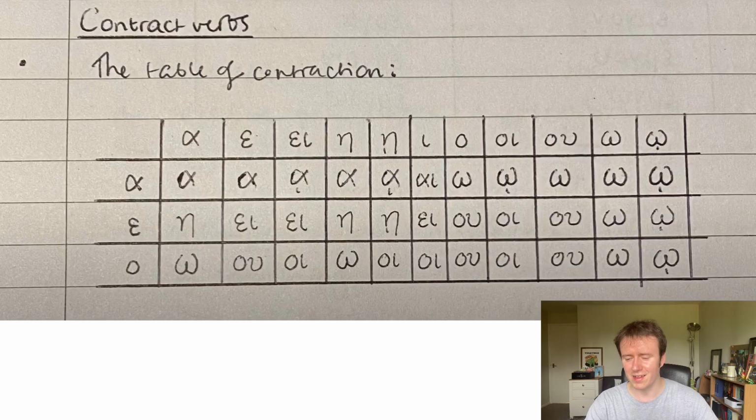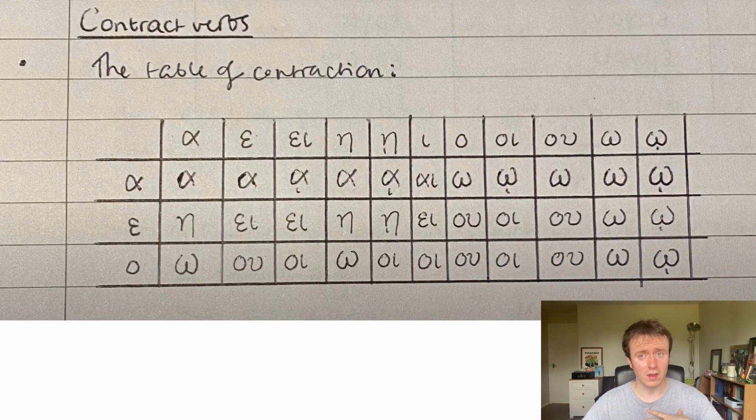Okay, I now have a second exercise for you, and this next exercise is going to be using contract verbs throughout. I know you've already had one already, you've already had horao being used, but this next exercise will use more contract verbs, okay? So please make sure you know either the table of contraction, which I taught in a previous lesson and which I'm currently displaying on the screen, or that you know the present indicative active conjugations of different paradigm contract verbs like hora or poye or etc. in order to know how the person endings contract with the vowels at the end of the stems of these